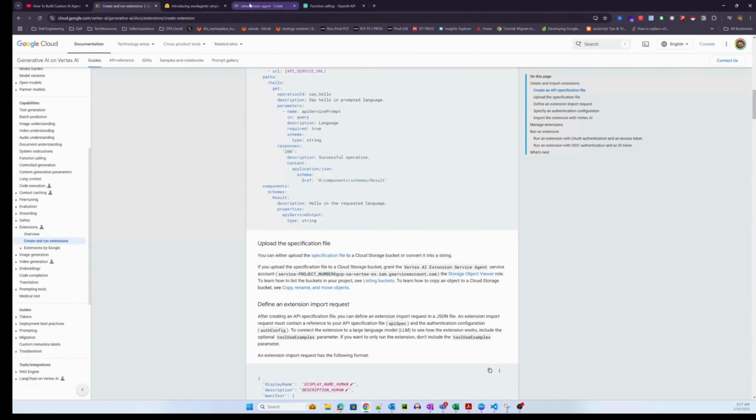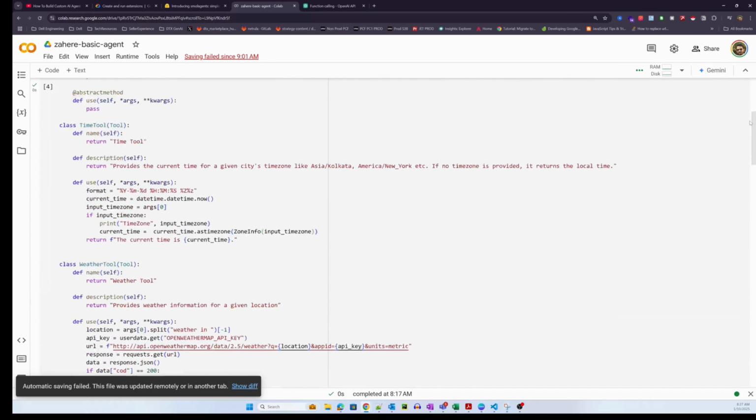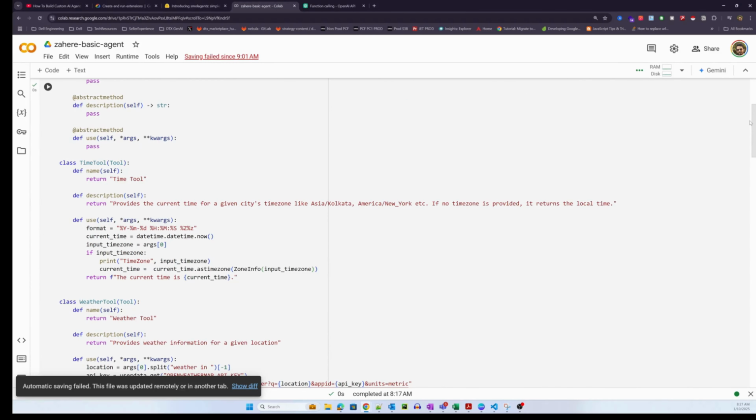Let me go back to my code base. Yeah, so you essentially can write that as a docstring. I've written that as a docstring for Crew AI and others, but here I'm explicitly mentioning the description. You can write that as part of the description here,